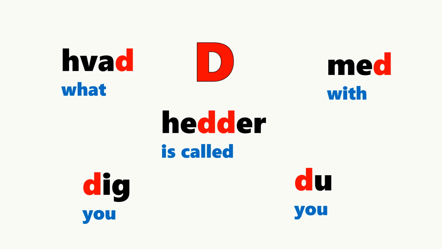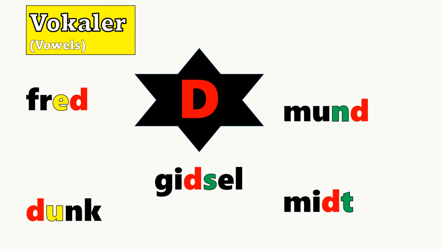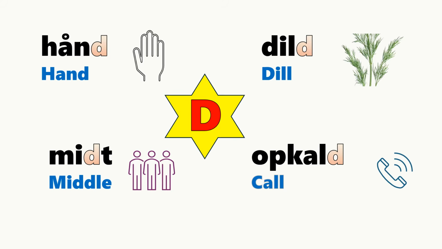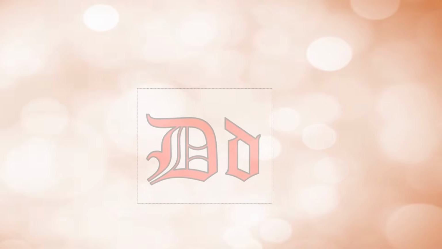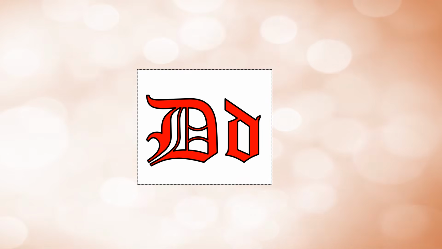In the Danish language, the D sound may change depending on the letter that follows it, before and after. Letter D may be followed by vowels or consonants, and this affects the sound of D. There are also Danish words where the D sound disappears when pronounced. And these are just some of the wonders of the letter D in the Danish language. Now, let's get to know more about this letter.